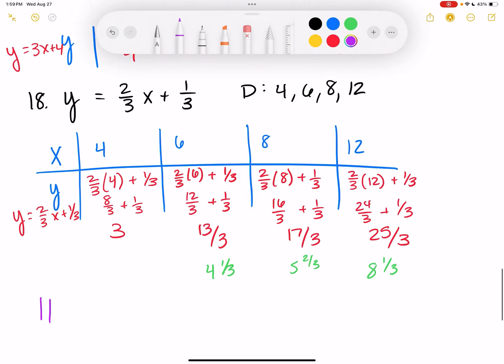All right, problems are 3 through 17 odd. Make sure you pay attention, it's odd. Oh, yeah. I mean, in fairness, I didn't do all the evens for you today, but